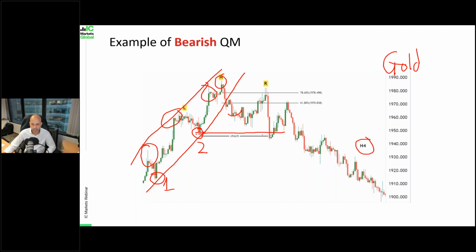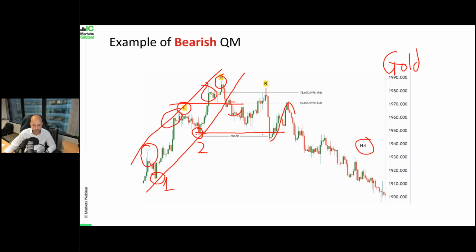Now we know that this is a valid Quasimodo bearish pattern because we have a change of character, and price comes back up close to the neckline here. You can see the left shoulder is about here, right? The left shoulder has been identified on this part of the chart. As price returns up to close to this level and then reverses, that's when we can identify a short entry for this reversal, right?